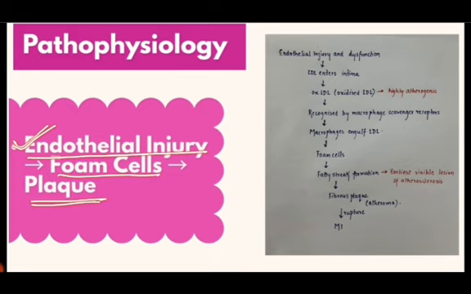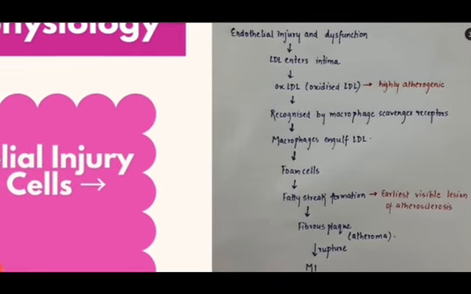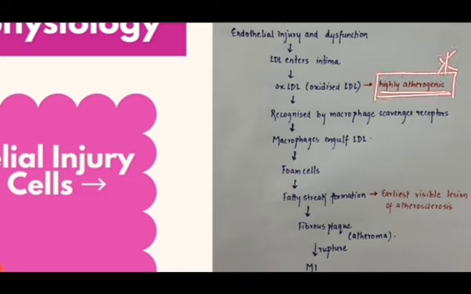Once the endothelium is damaged, the LDL, the bad cholesterol, starts sneaking into the intima, the middle layer of the artery wall. And here's the key step, that LDL gets oxidized, and oxidized LDL is the trigger. It is highly atherogenic, and your immune system sees this oxidized LDL as a threat, and it sends in the macrophages. The macrophages engulf the oxidized LDL, but they can't break it down properly, so they just get bigger and bigger, stuffed with lipid. And these are the foam cells, because under the microscope they literally look foamy. The foam cells accumulate, and that's the fatty streak, the earliest visible lesion of atherosclerosis.